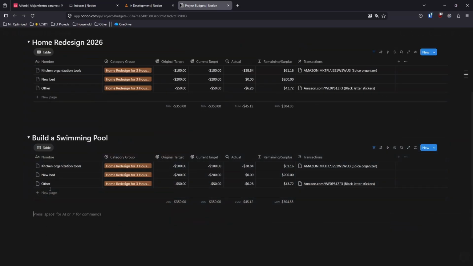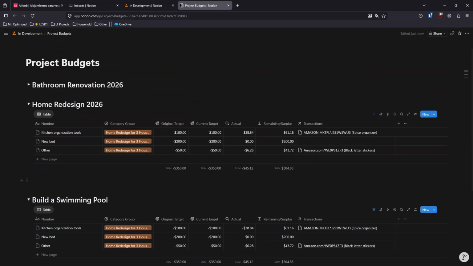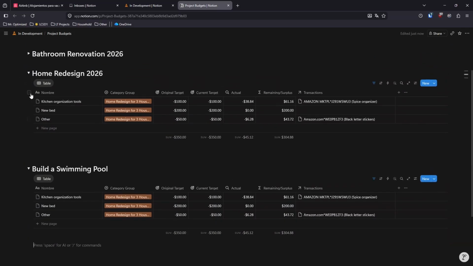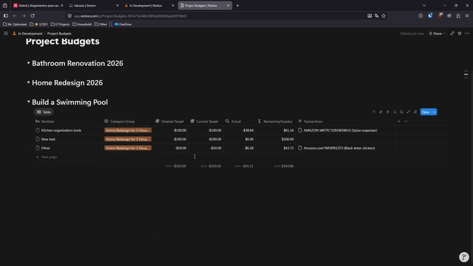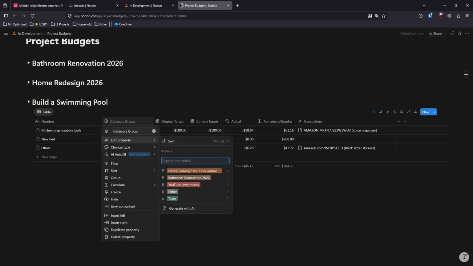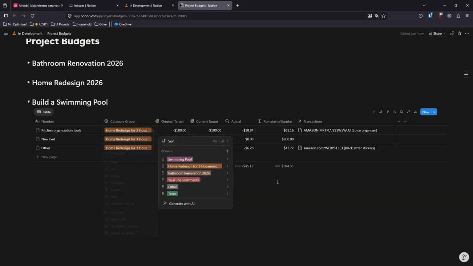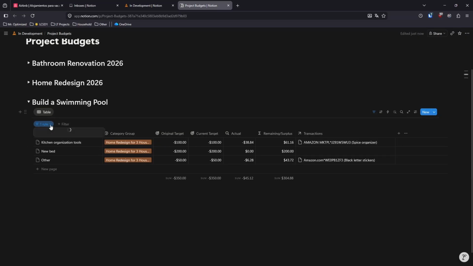Okay. And what you would do at this point in order to show the budget for your swimming pool instead of a home redesign is you would just come into this category group, create a new category group for swimming pool. And now the only thing that you have to do is change the filter